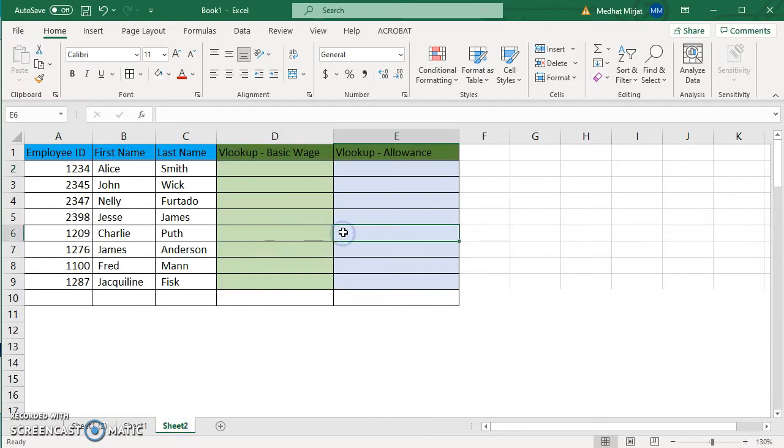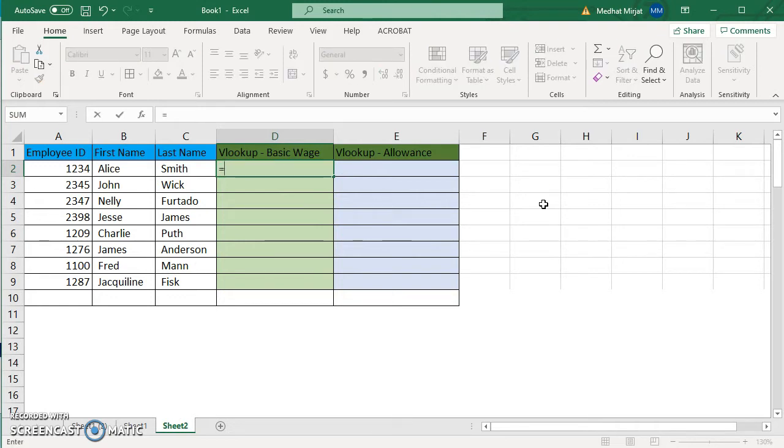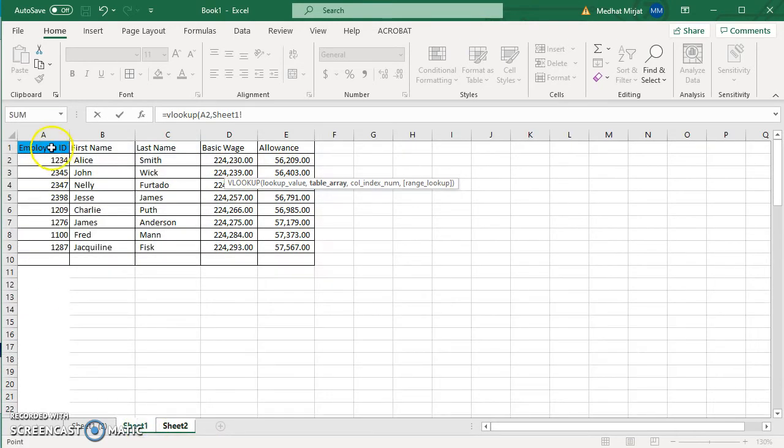So today we're going to be quickly learning the VLOOKUP function in Excel. Now to use this function you just need to press the equal to sign. What we're going to be looking for today is the basic wage and the allowance using the VLOOKUP function and using the employee ID. So what we're going to be doing is we're going to write VLOOKUP, we're going to open brackets, select the employee ID, comma, go to the other sheet, select the table array, and we're going to